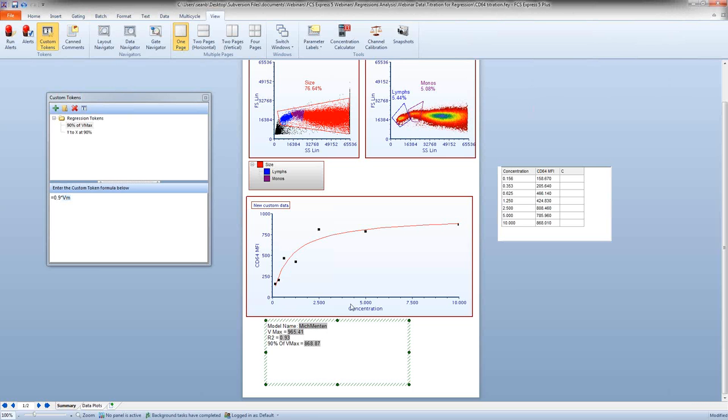And what we'd like to do is derive the X value to figure out how much antibody we would need to add to get 90% of our maximum binding. So you can see here I've set up a token just to explain how we're going to do this. We're going to convert our Y value to X at 90% of our Y value. And that token is going to equal